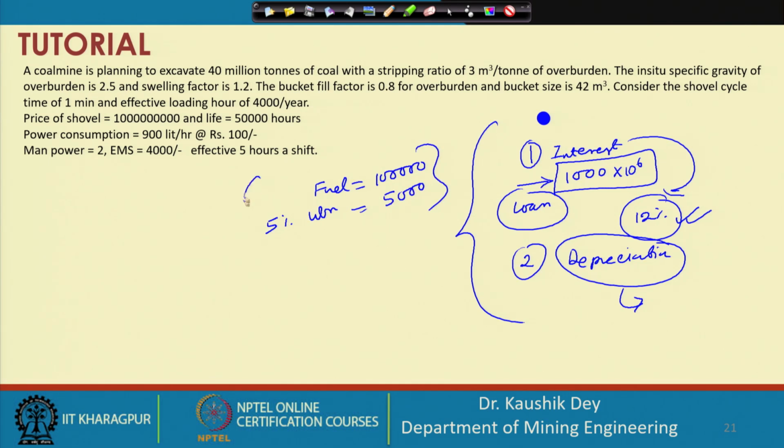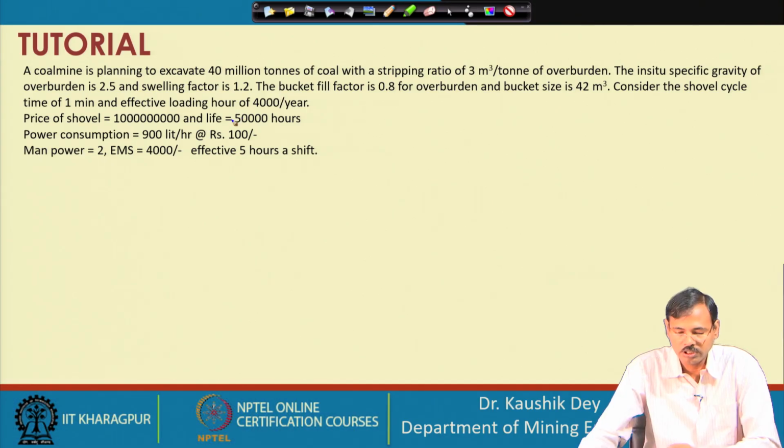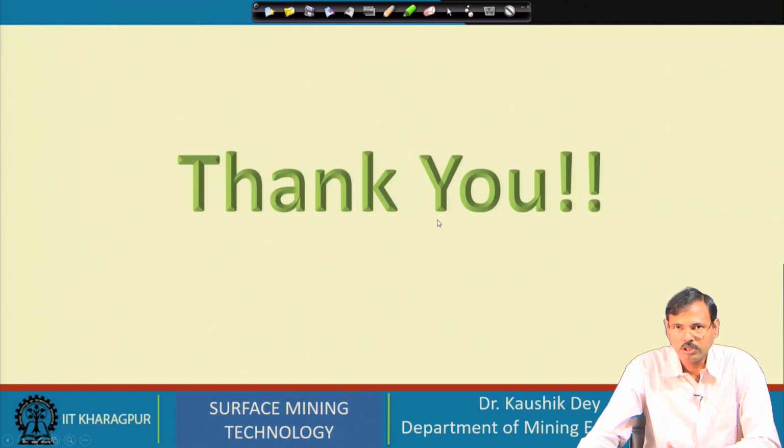So, these are the significant amount has to be added in case of actual cost calculation part, and so the costing will be very high for using this high power machines. Their operating costs are very high and their owning costs are also very high. So, this is the way the cost calculation can be carried out for the shovel operations, and we will continue